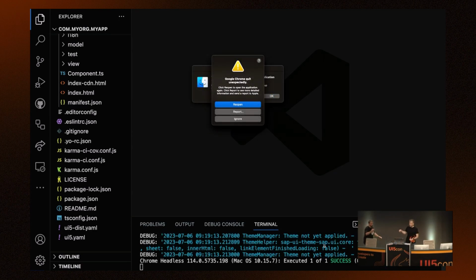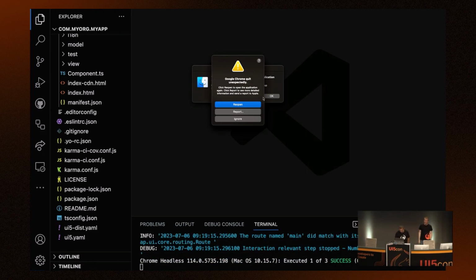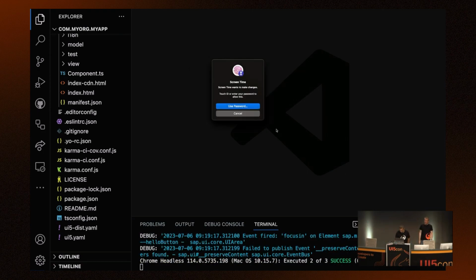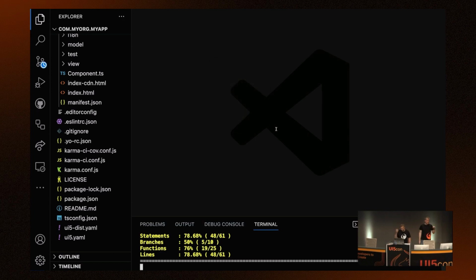And this is something Peter has to fix. If anyone knows how to fix that, please, after the keynote, you can come to me. So this bothers me since weeks. This is about opening the hidden Chrome in which the tests are run. So this is some stuff around that.